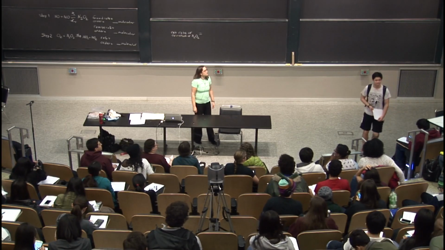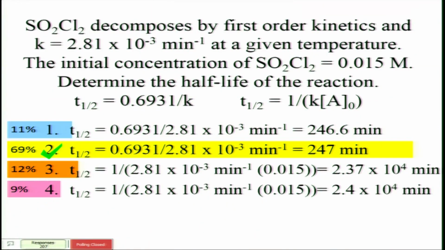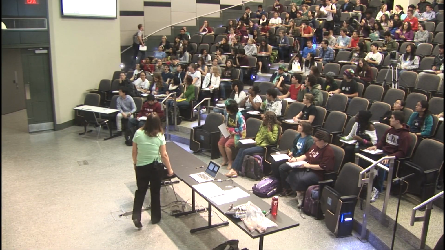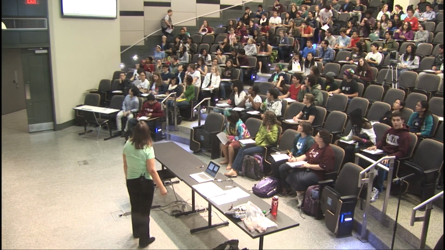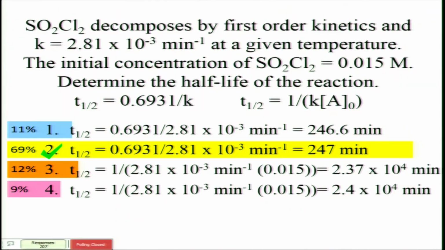So that is, you got the 70% with the right answer. If people can just kind of yell out what was wrong with number 1? Sig figs. And what about numbers 3 and 4? What equation was that using? Second order, that's right. So this is a good clicker question for a problem that's going to be coming up